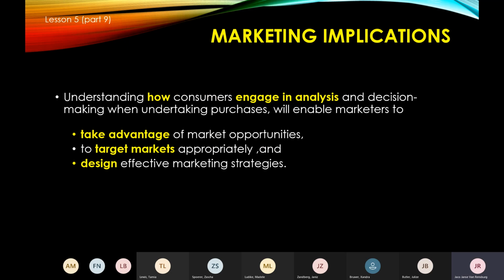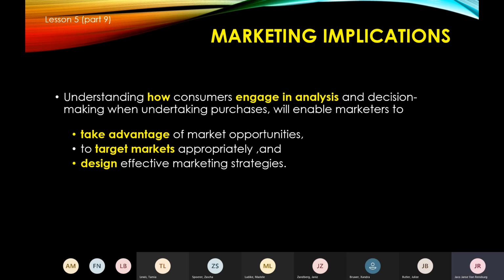What are the marketing implications of these steps that consumers take? If you want to understand the consumer and analyze the consumer, which was the intention at the start of the chapter, by looking at the different steps that they take in the decision-making process,